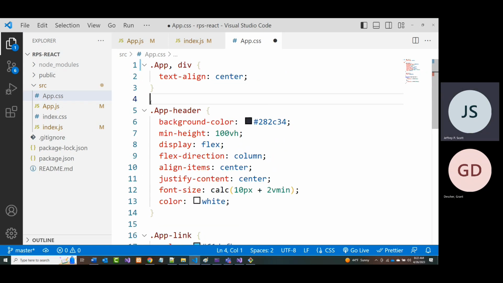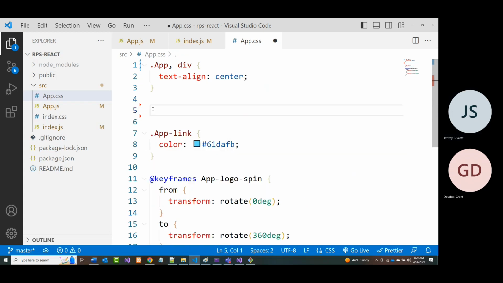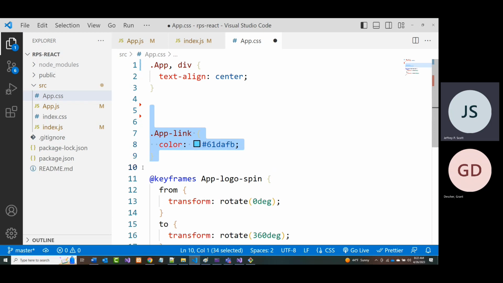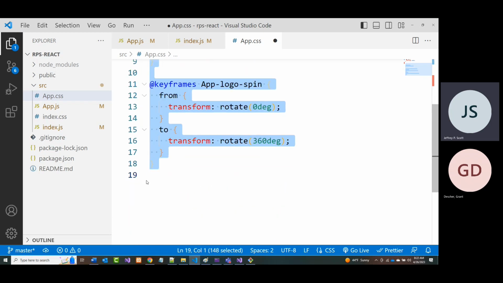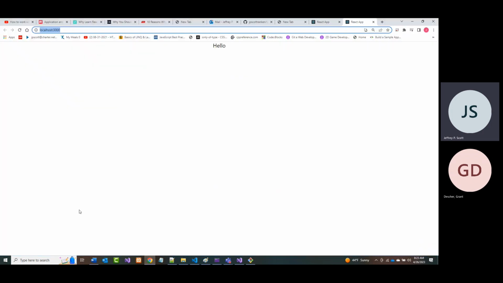We got rid of that app header that we put in, so I can get rid of that. This is the link that was in there originally, so we can get rid of that. And that's what makes the thing twirl, so I can get rid of that. So all I've added here is div to the text-align center, and I got rid of everything else. So I'm going to do File, Save All, and notice now when I look over here, that's